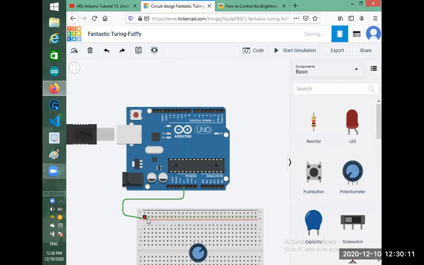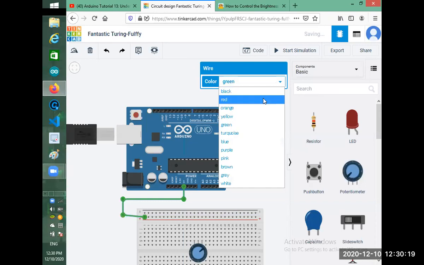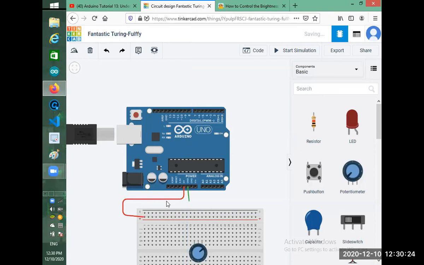The first thing we need to do is give a 5 volt connection to our Arduino, and then we'll connect it from this side. It is very easy. It is working like one battery.